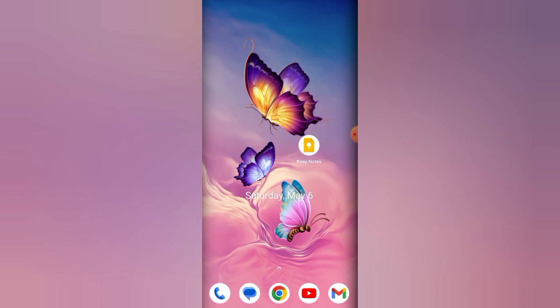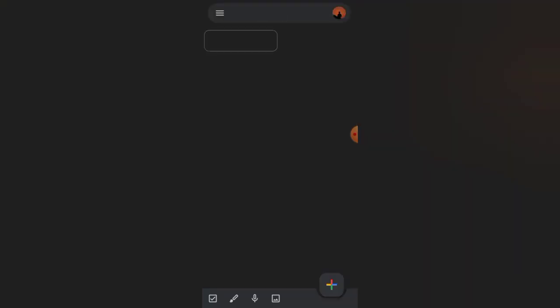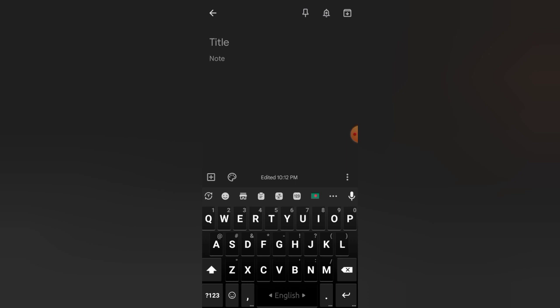So today I'm gonna share with you how you can change your background theme in your Google Workshop or Google Keep Notes. Okay, so you need to go to Google Workshop, or then I need to take another file, and you can see